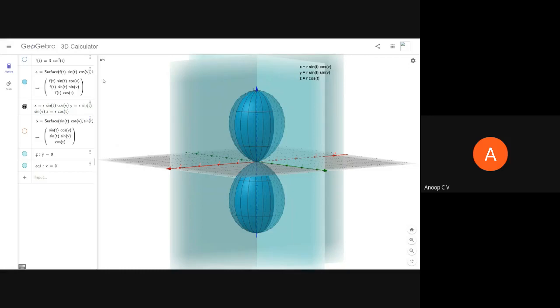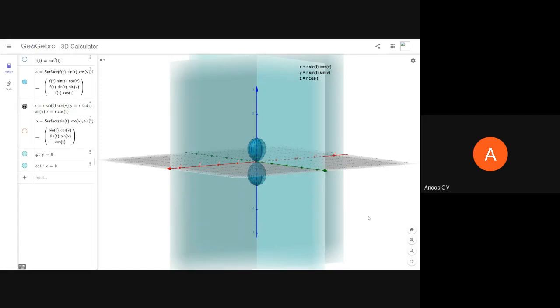When you normalize it, what is meant by normalizing a radiation pattern? Normalizing a radiation pattern is nothing but dividing it by the maximum value. Now the maximum value is 3. If you divide it by 3, what you will get? The shape was maintained, and the maximum value is made 1. So that is what is meant by normalizing. Are you clear with what is meant by normalizing a pattern? Normalizing a pattern is dividing it by its maximum value. The shape is retained, only the maximum value is changing.